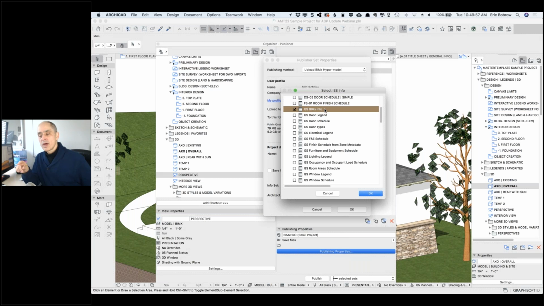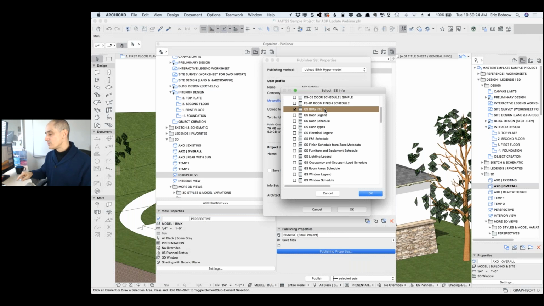So when we're in BIMX, you can highlight something like a window or a piece of steel, and there'll be some data associated with it. Now, what data goes out is based on the schedule, and you can have one or more schedules included. So you just define what data you'd like to have out in the BIMX in terms of a schedule, the fields and columns that are in the schedule, and it'll be there when someone clicks on something, it'll show all that information if they choose, say,